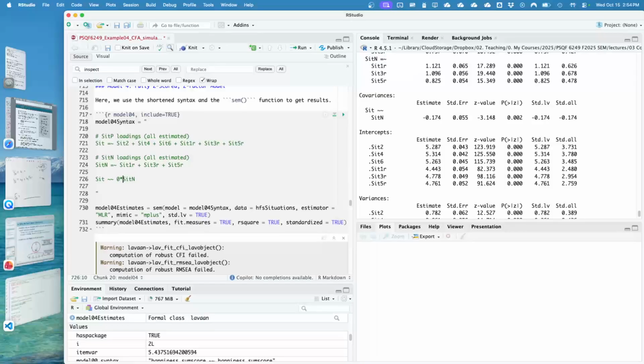But in the stat world, this is purely a methodological artifact. If you think about linear regression, we may have control variables, right? Well, sit1R, the model for it, is now being predicted by sit and sit n. So sit n is controlling for the influence of the negative factor on it. Now, whether it's correlated or not, by practice, method factors tend to be uncorrelated with the factors of interest. Doesn't always mean that needs to be the case. I think it's a safe statistical assumption to say this is purely an artifact of my survey and not a